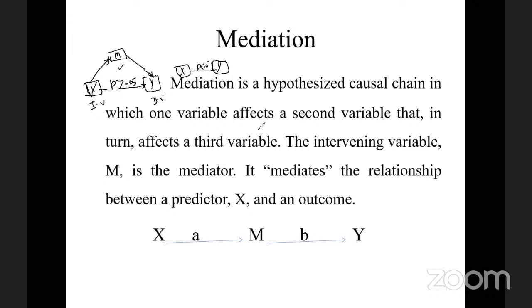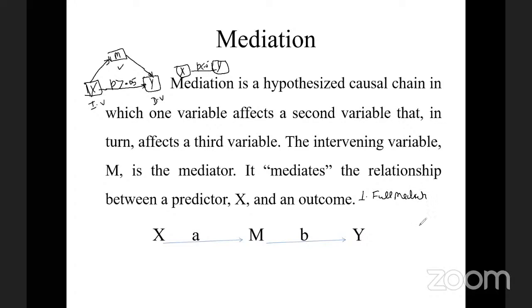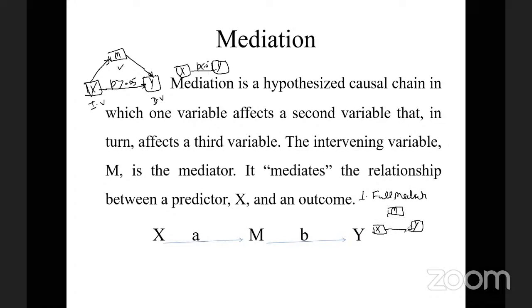So there may be three cases here. One case is full mediation. Full mediation means the relationship between X and Y is insignificant, meaning the p value is greater than 0.05. Second is